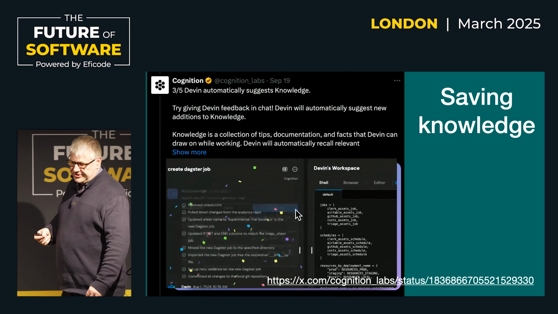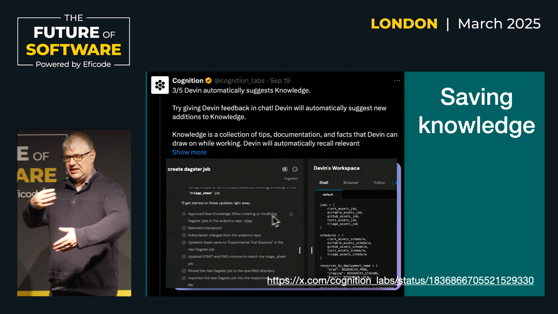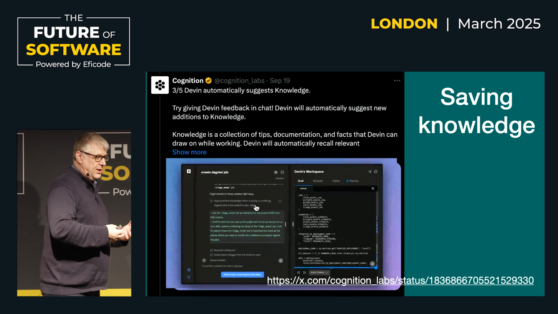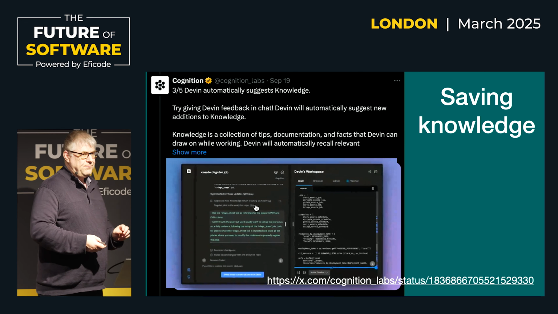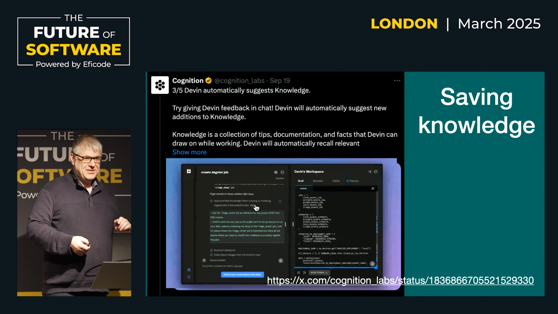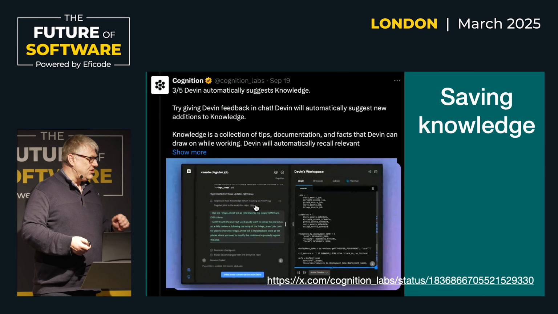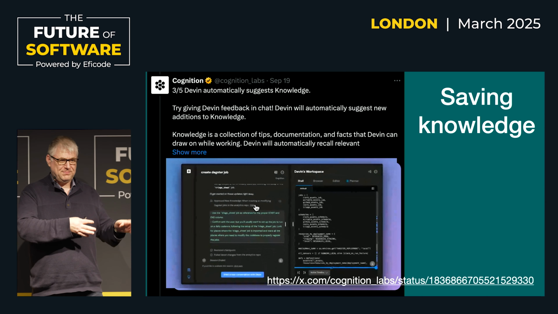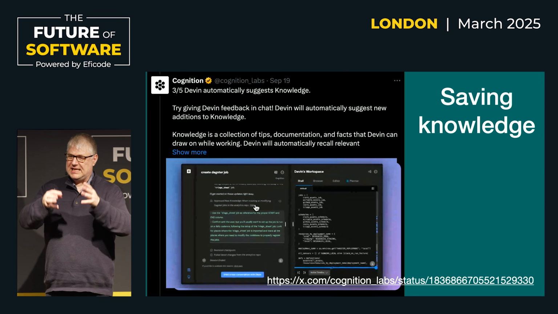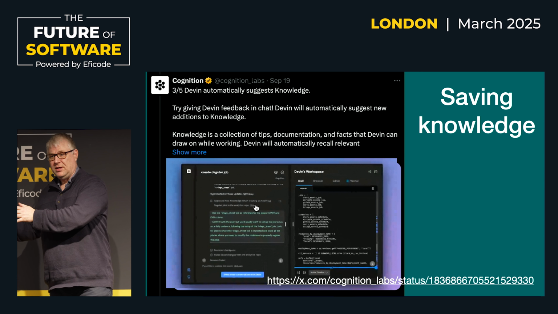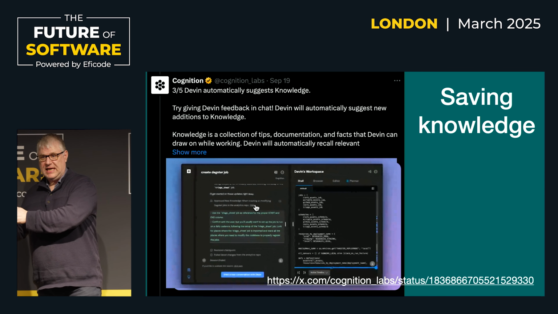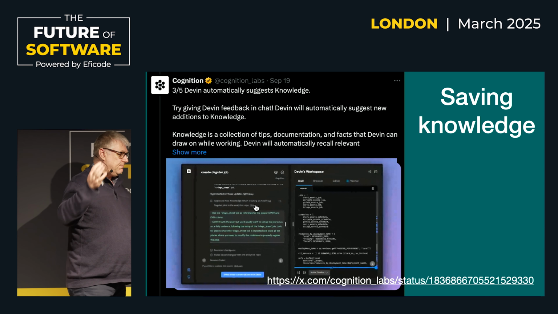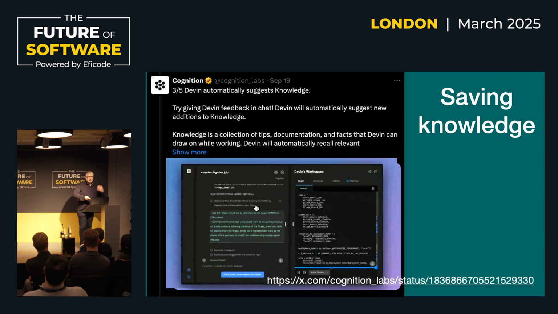I find this particularly interesting in Devin, where you have the chat conversation with the LLM and it's helping you do your job. But at a certain moment, it says, this looks like a really important piece of information. Should we save this as knowledge? Yes or no? So it's obviously doing this for its own advantage because it can generate better results. But that same knowledge is also helpful for a human, if it's being captured. Might be terminology that is very specific to your company, or specific to your team.